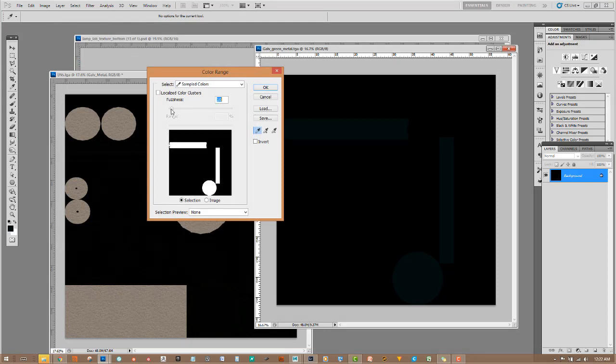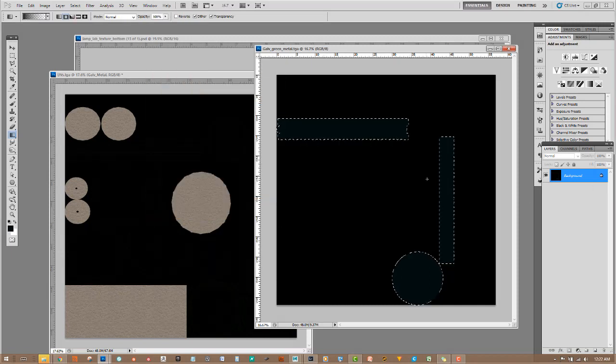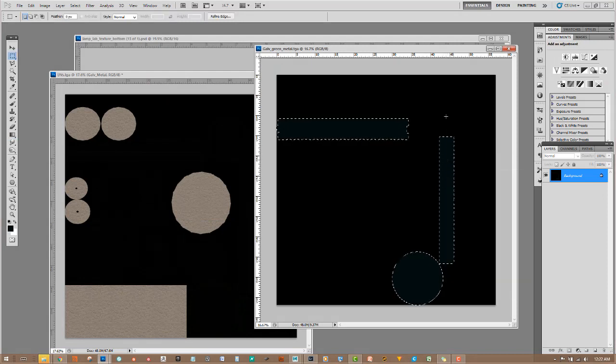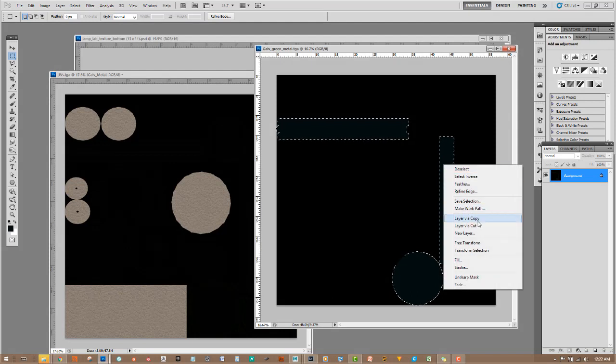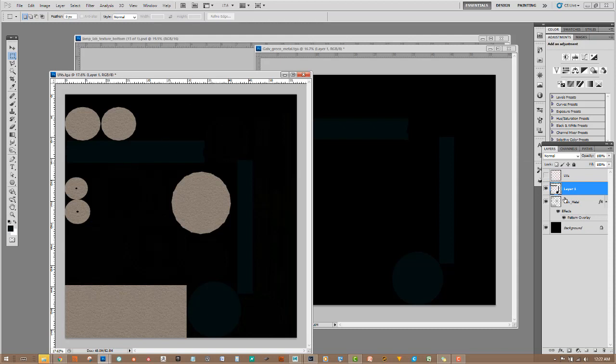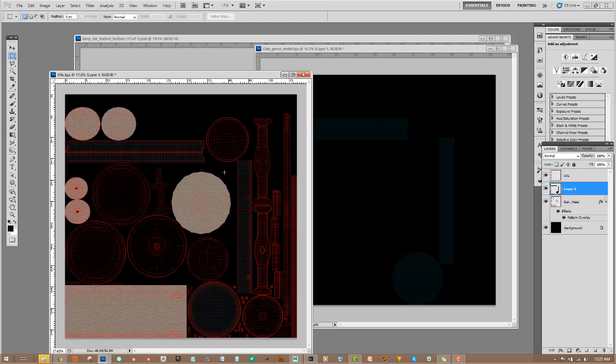Let's see here. There we go. Turn that fuzziness down. I guess it's too close to black, so hit OK. You can just turn on your Marquee tool, M, right click, layer via copy, hold shift and just drag it with shift held into here, and then you'll get your area that will be all of your green stuff. So from here,